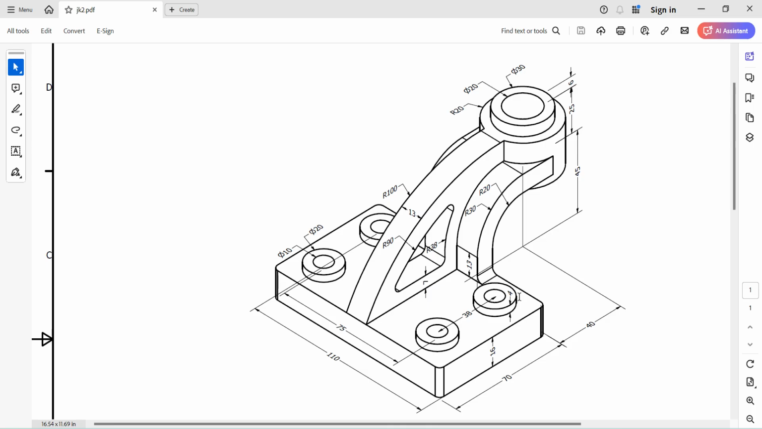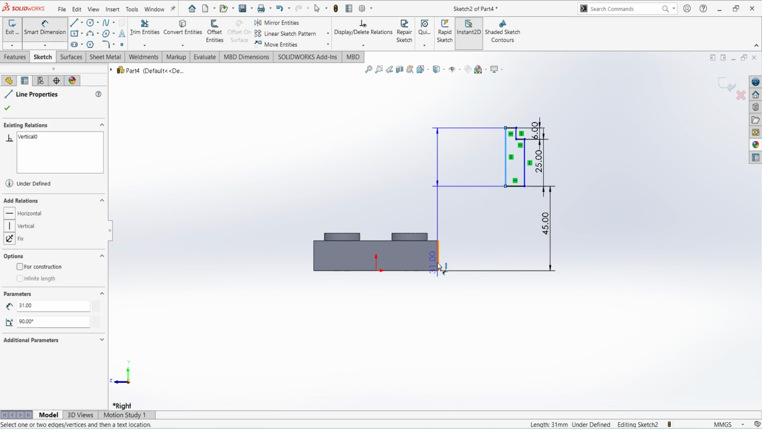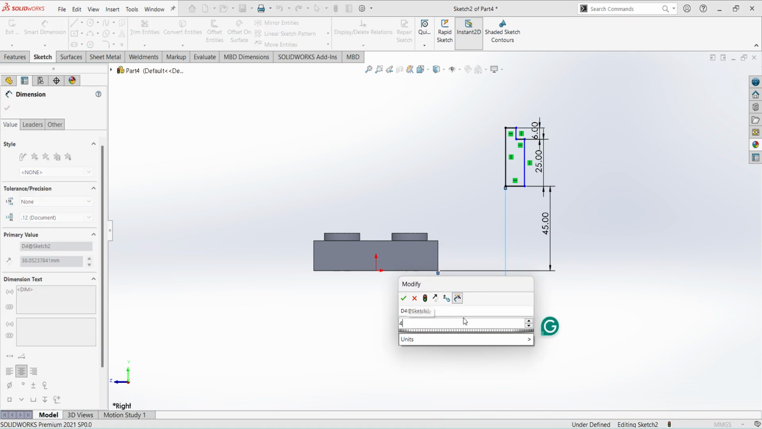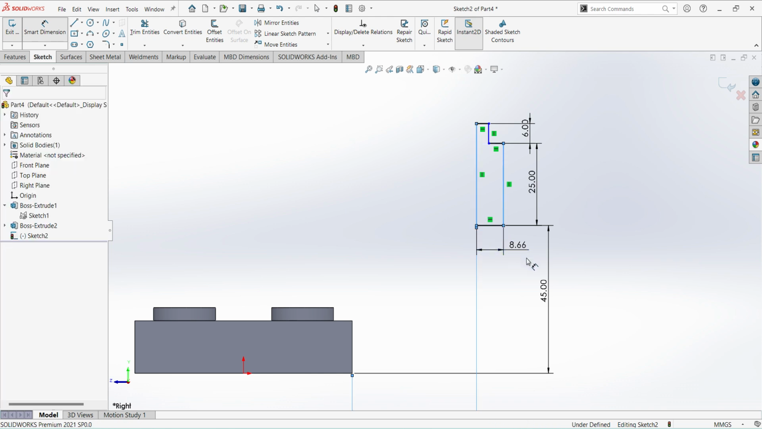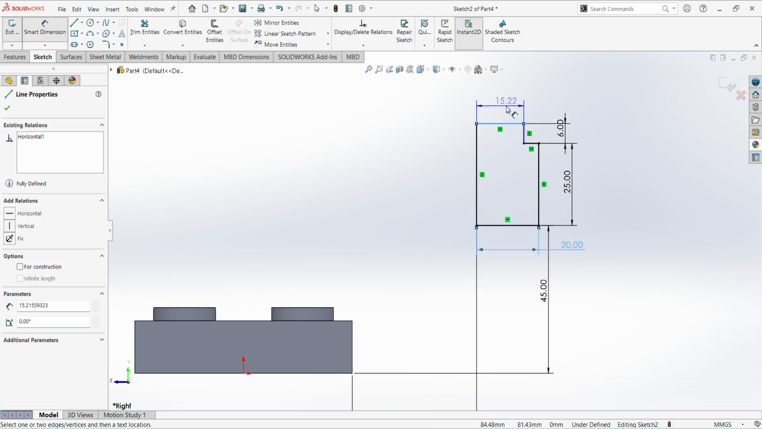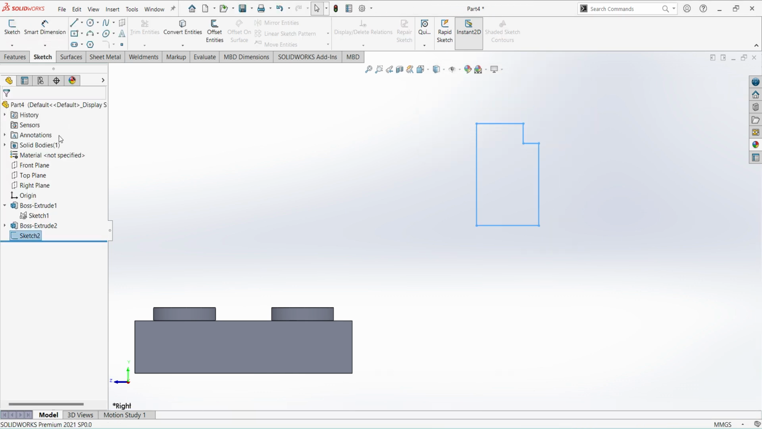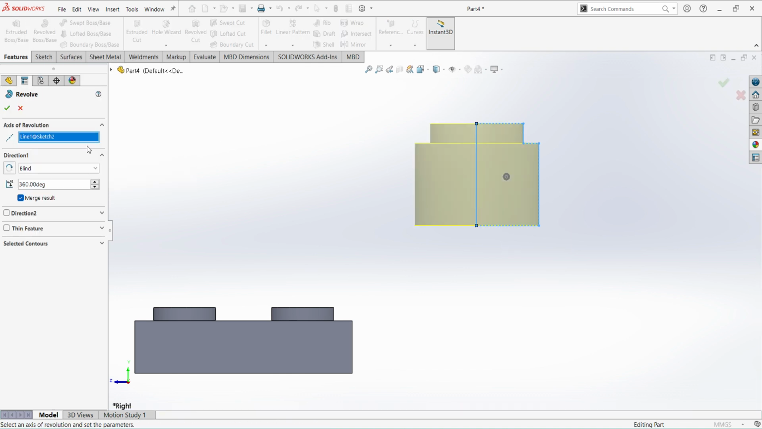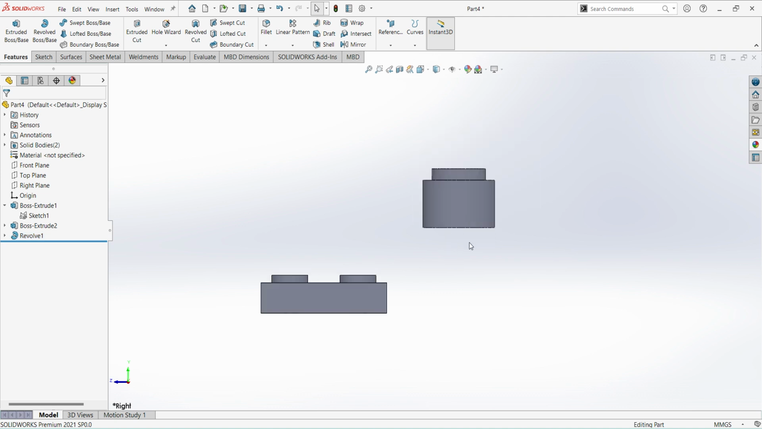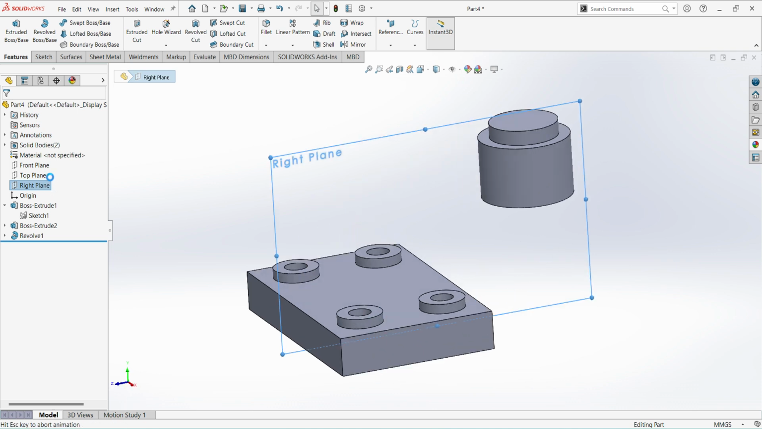Next, this dimension is 40 mm. Outer dia is 20 and 15 mm. So finish sketch. Select here revolve, select this as a center axis. Okay. Control 7. Next select the right plane, sketch,